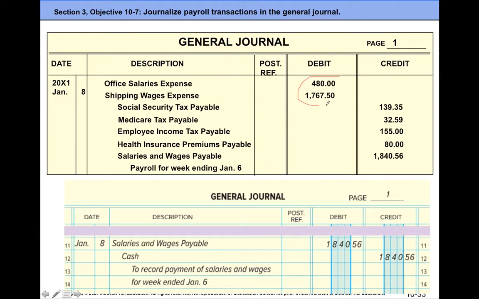What do you debit? You debit gross pay. This is together gross pay. If you add it together, this is total gross pay. What do I credit? I credit all of these employee withholdings. These are employee deductions, or I will say withholdings, deductions. They're all liabilities. They come from your payroll register, but you don't have to have a payroll register. How did I calculate it? If you add these two together,